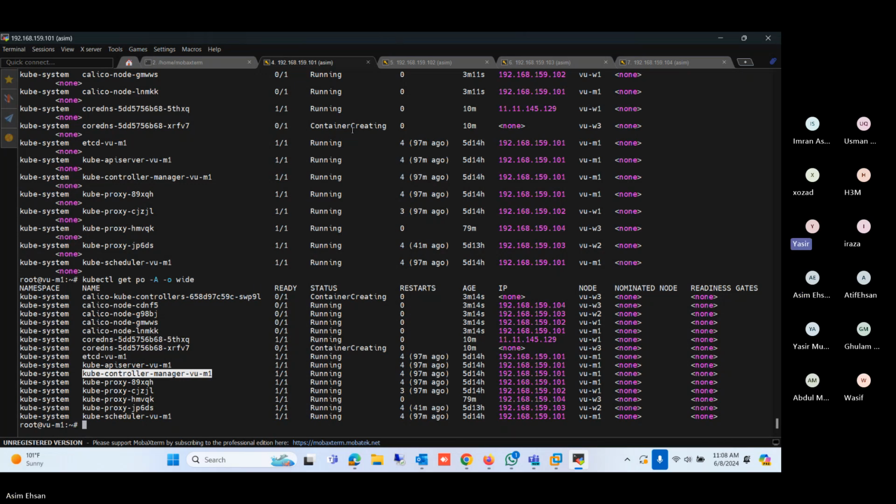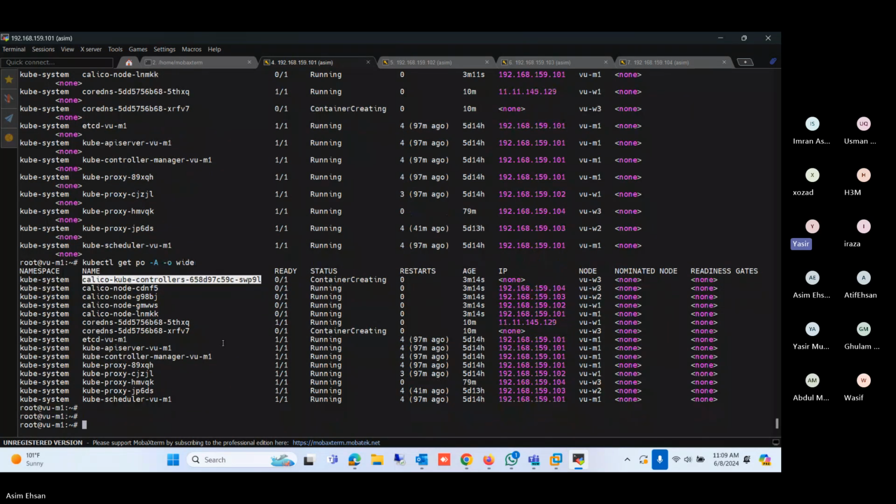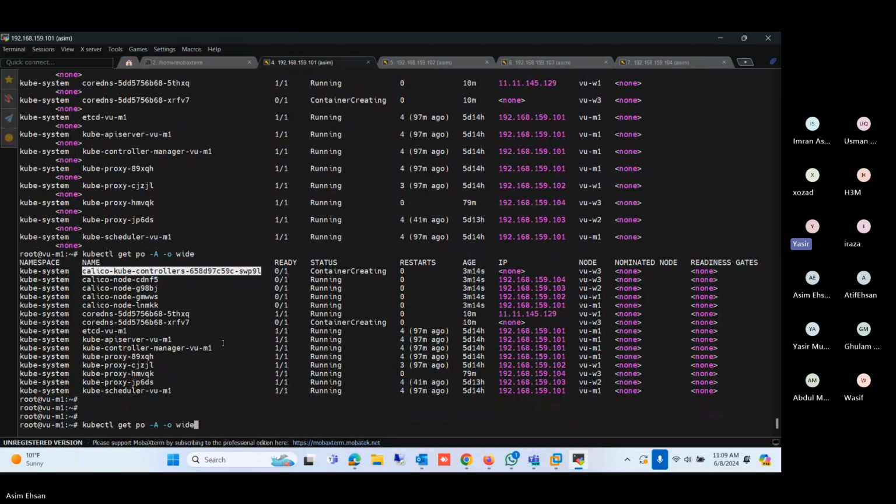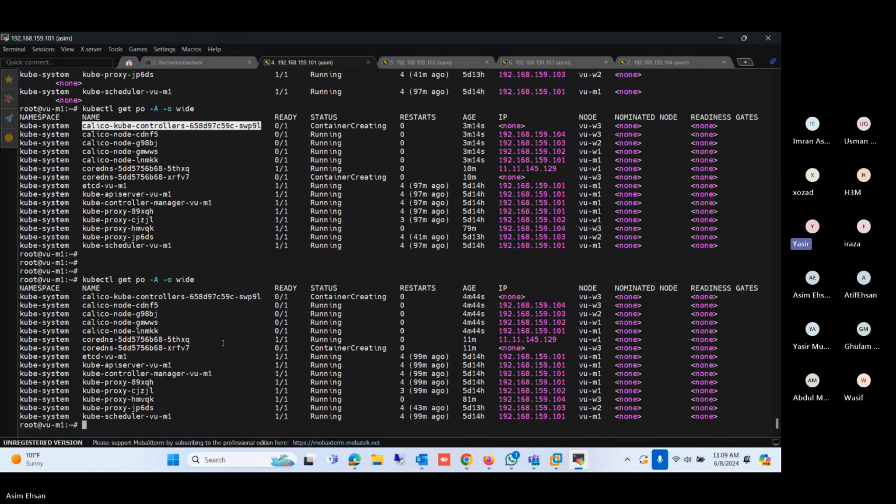Can we say the controller is the same as SDN technology? We have the spine and the leaf concept in Cisco. So can we say the controller is the spine and the Calico nodes are the leaf on the data plane? Can we say like this, or does this controller play the role of Nagios, just monitoring the CPUs and